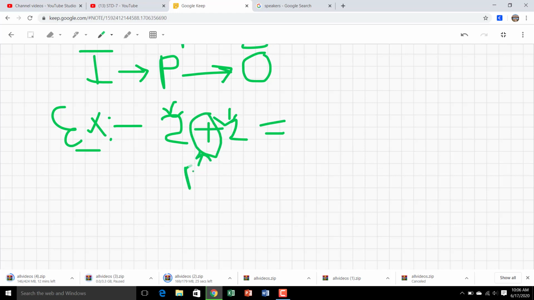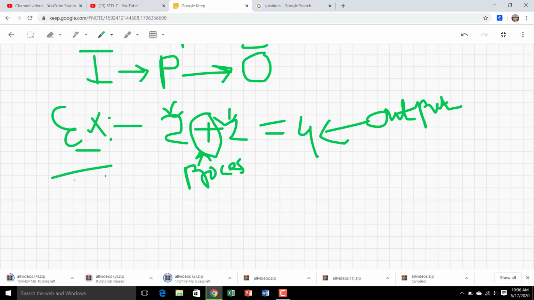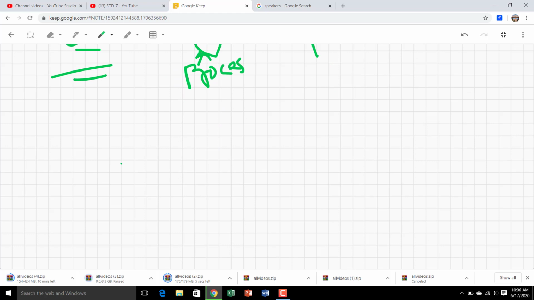Using the plus sign we process these two inputs and we get the output, which is 4. So this is our output. This was our example of input, process, and output.